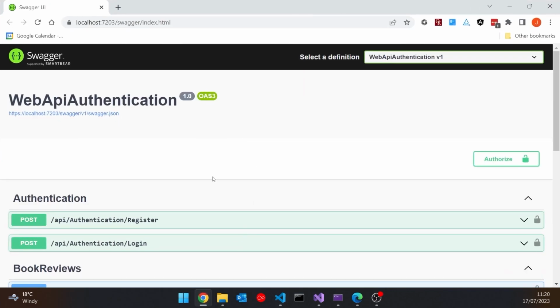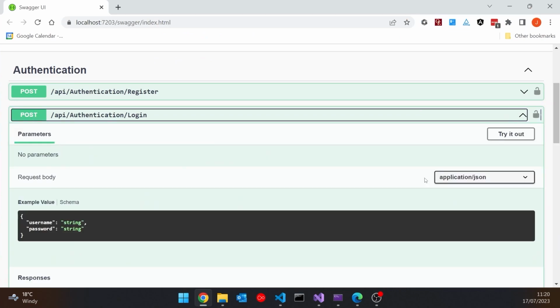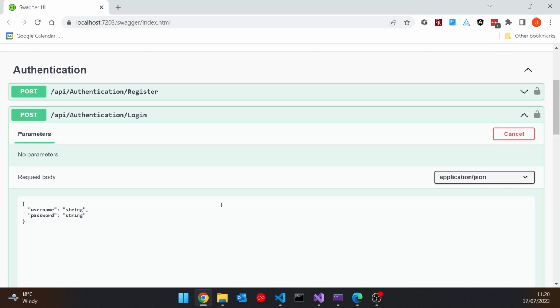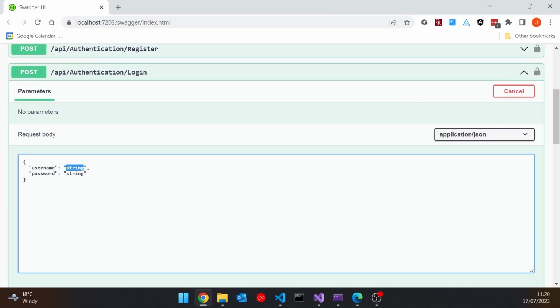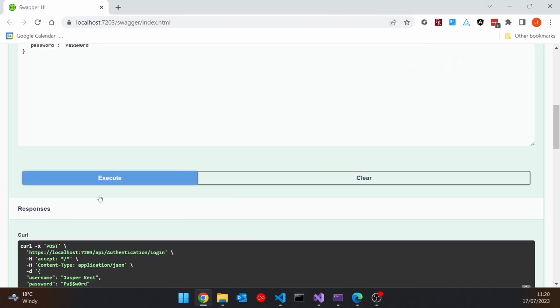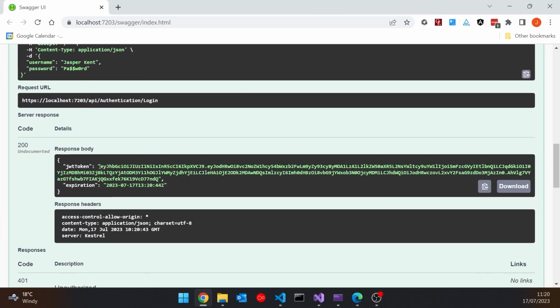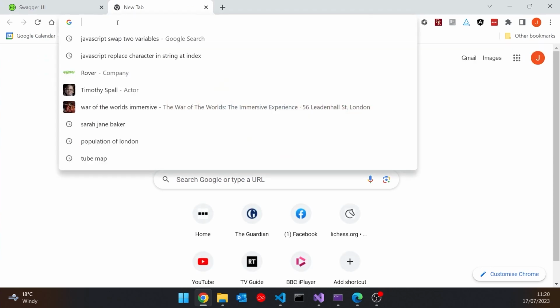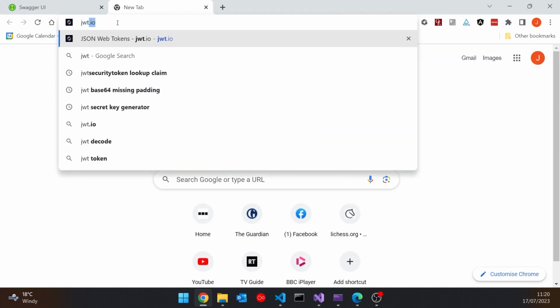I can do that through Swagger, because remember I can do the login here and just change that to Jasper Kent, PA$W0RD, and execute that. And there we get back our JWT. And remember we saw that we can analyze the JWT using the website jwt.io.